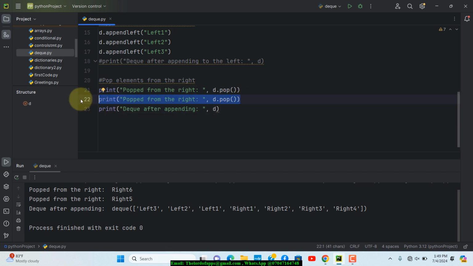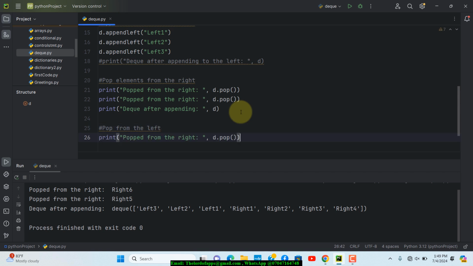Okay, so I'm going to copy this, and then on the next line right here, what I want to do, let me just put a comment right here and just go ahead and say the queue after popping from the left. Okay, and then if I want to do that, I'm going to just paste what I already have, and instead of doing this, I'm going to just basically change this to pop left. So this is going to be left like that, and let's change this to left. Okay, so change that to left, and again we're going to basically want to see what is actually remaining after we pop. So I'm going to just copy this